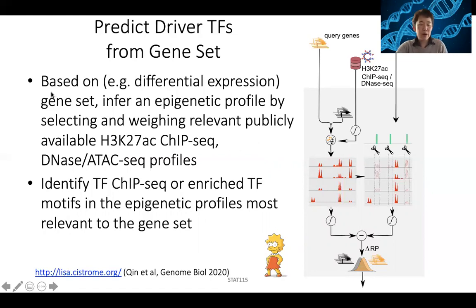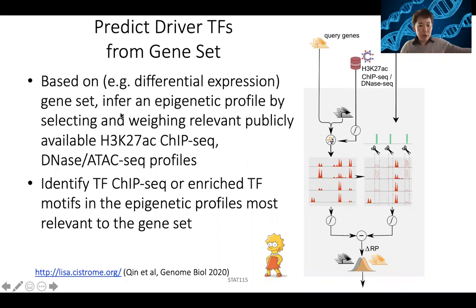For example, if you input a list of differential genes from a drug treatment, a gene knockout, activation of some process, a cell differentiation, anytime you have differential genes, it can't be too few. If you don't have 3 genes, it's very difficult. But if you have a few hundred differential genes, ELISA, this is a website,